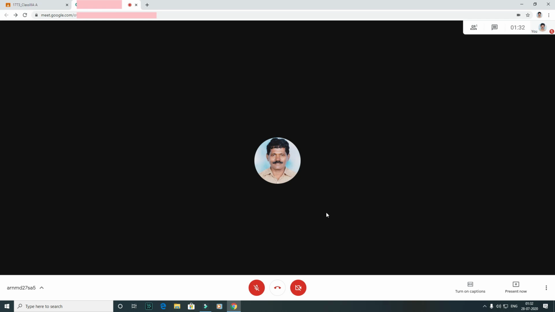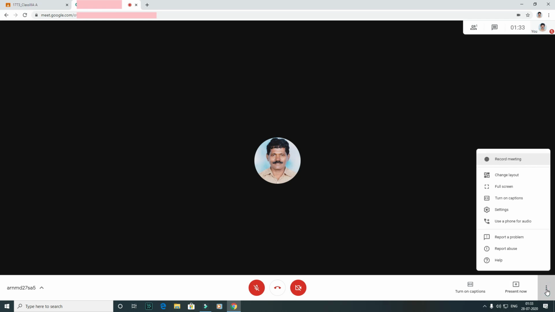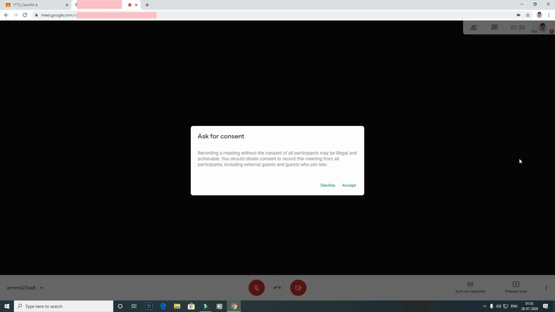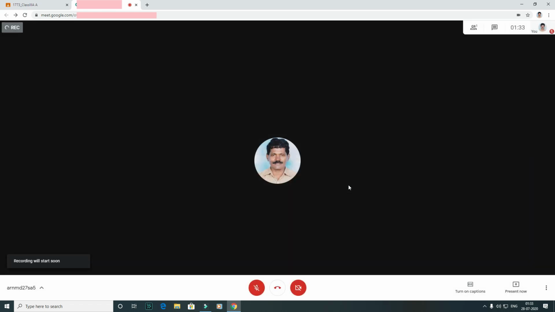Next, here you can find many options. There are 3 dots in the corner, and there the first option is record meeting. When you click this one, you can record the whole meeting. Here it will come like this. You just give accept. Once you give accept, in the left corner you can find the recording option.